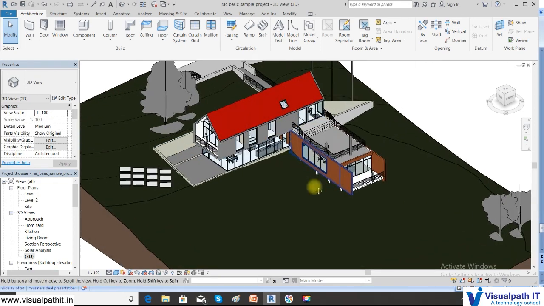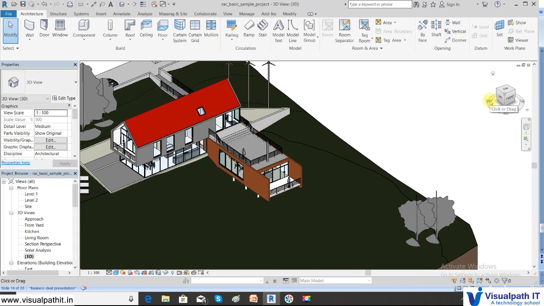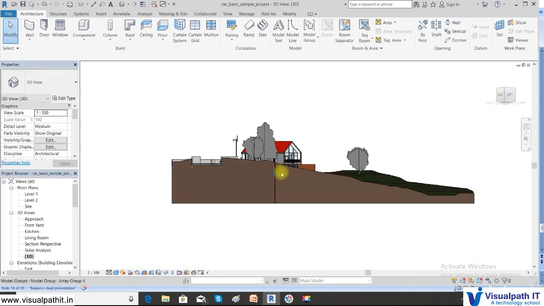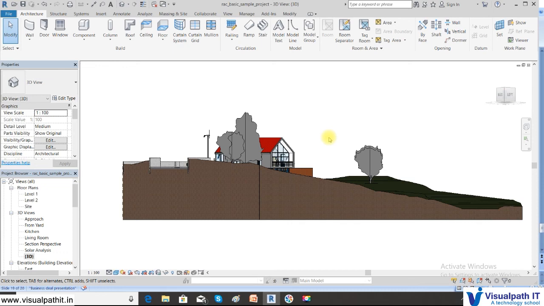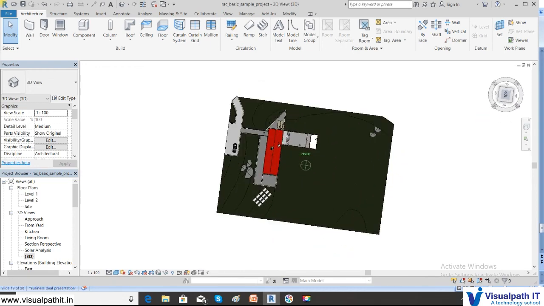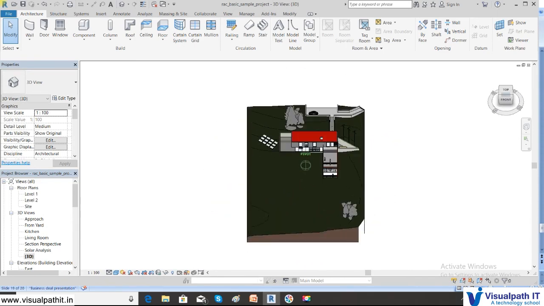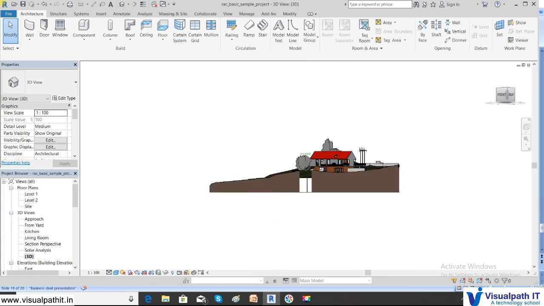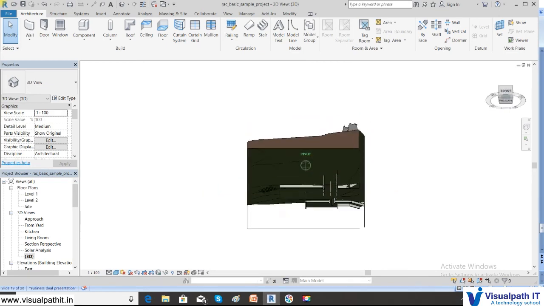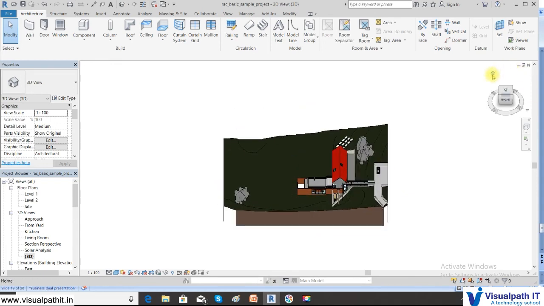You can see now. Suppose I want to rotate it. Either you can use this west. You can see that your model has come to your west view, a left view. Okay, and you can use this and rotate it, orbit it, and I'm just pressing my left mouse button and rotating, moving on the screen, so it's getting rotated. Okay, so you can rotate it and see all the views. To get back to your original view, click the home button here.